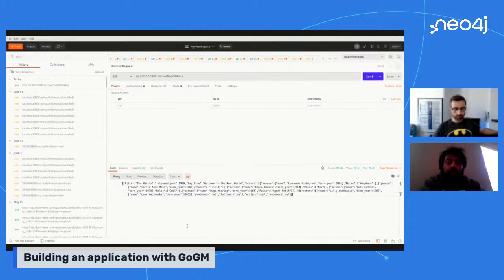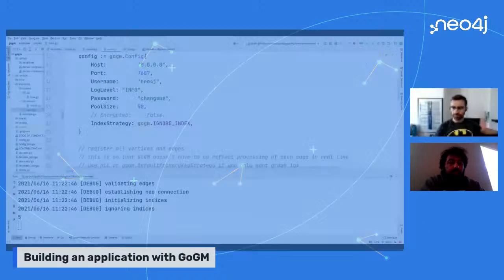But anyway, that's essentially how it works. So let me go change this back to... yeah, so that's essentially how it works.